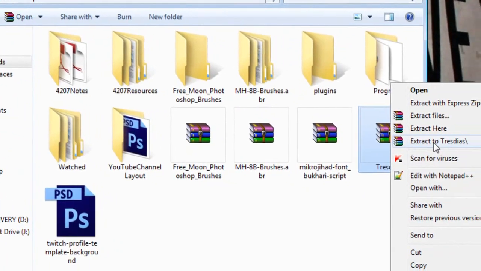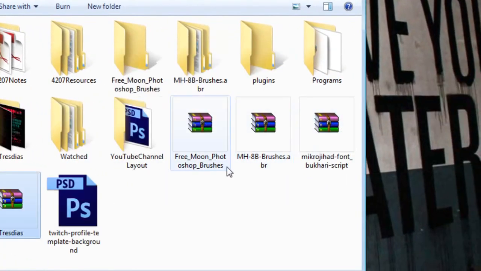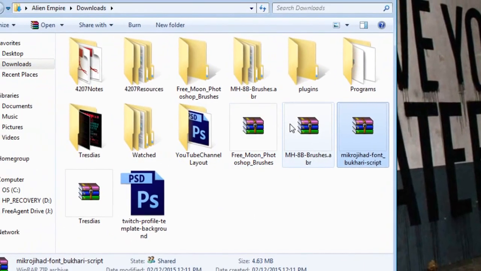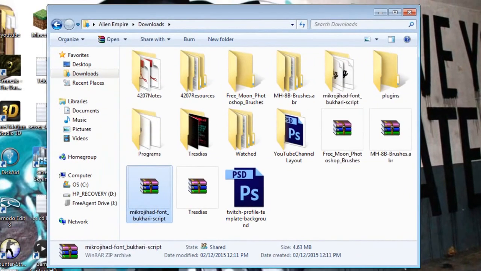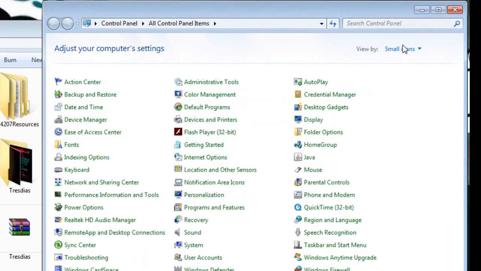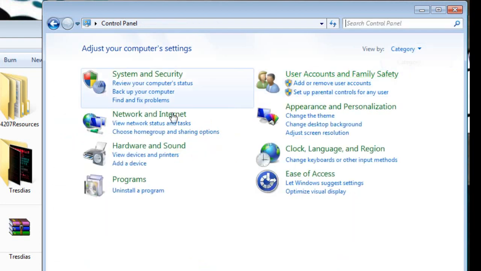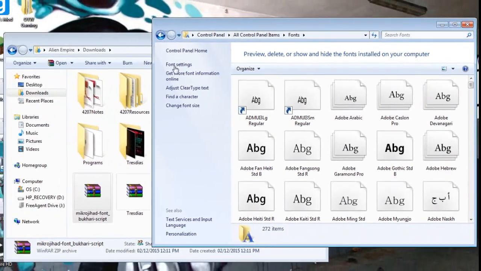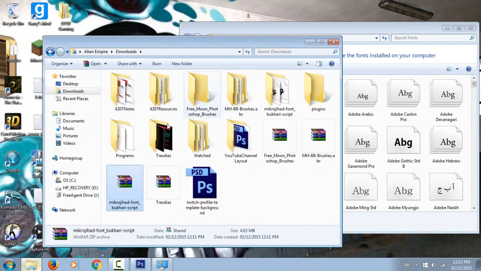We have Tres Dias, extract, and Bakari, extract. Now what you're going to want to do is go to your start menu, control panel. You can adjust this. If you're in category, it's going to be a little bit harder to find. Just up at the top right, we can go large or small icons. Open your fonts folder and then go back to your downloads,